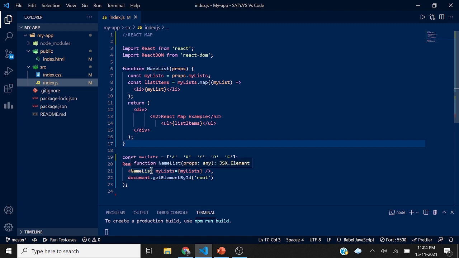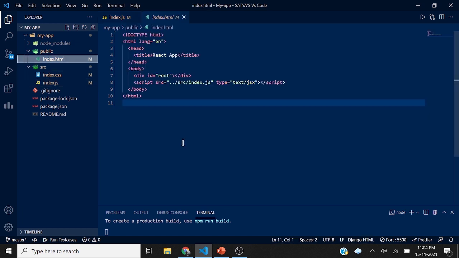In NameList, what we need to show is mylist, where mylist equals mylist, this is the JavaScript tag. Where we want to display it is document.getElementById in the root place. Over here we want to display it.